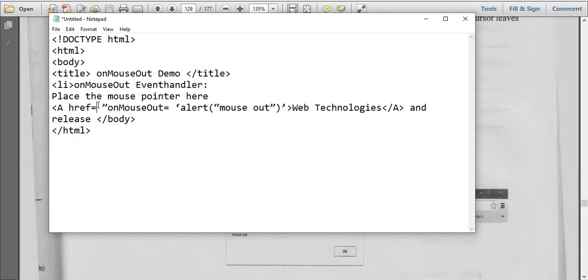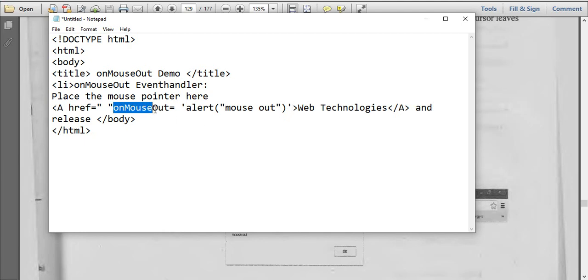Here double quotes, it must be single quote. Here double quotes, here double quotes, here single quote.